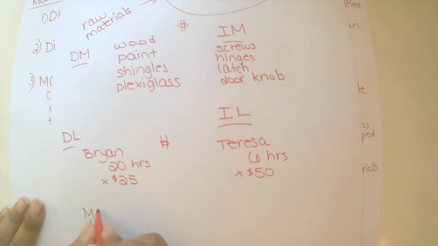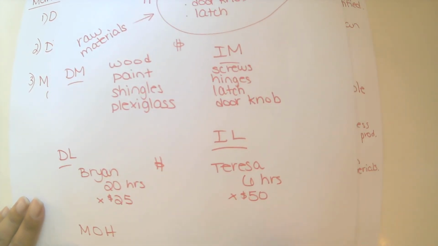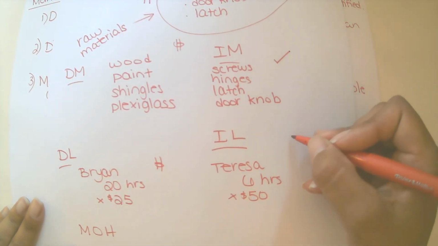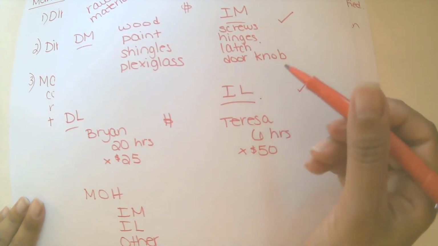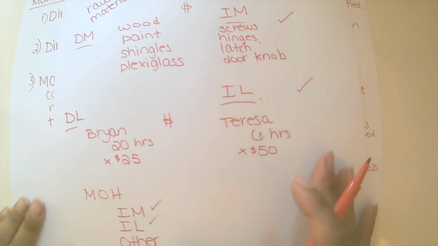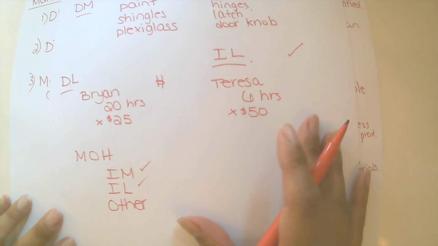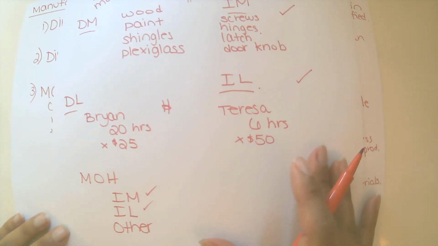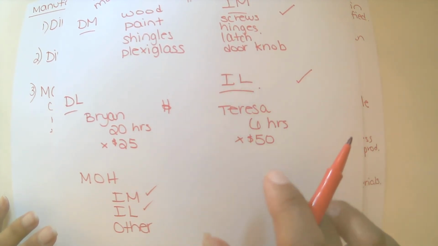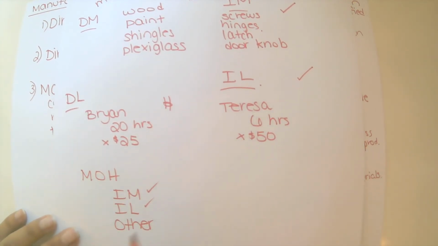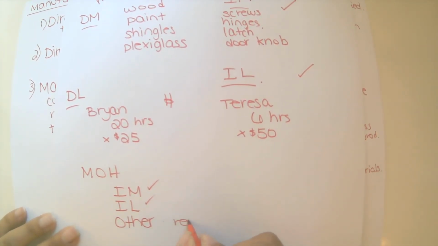Okay, so Mo, we've already talked about indirect materials, indirect labor, because we know Mo is made up of indirect materials, indirect labor, and other. We have already addressed the IM and the IL. Okay, so what are some other costs? Any other costs associated with making the product that aren't captured in IM or IL? Most of the time, that's going to be things like rent,